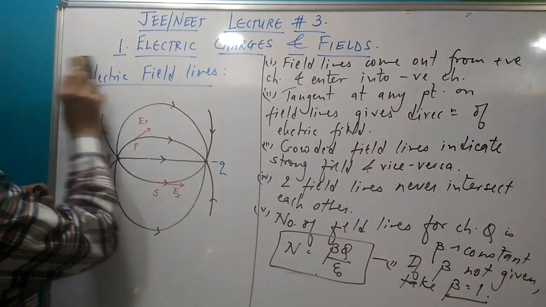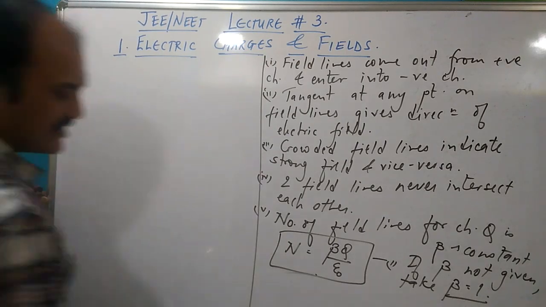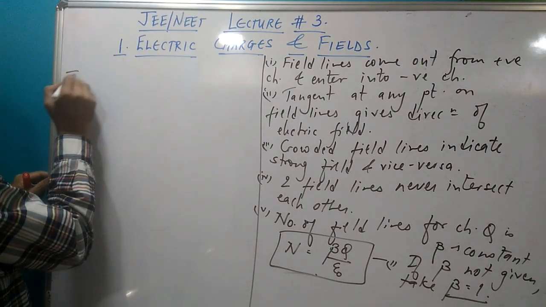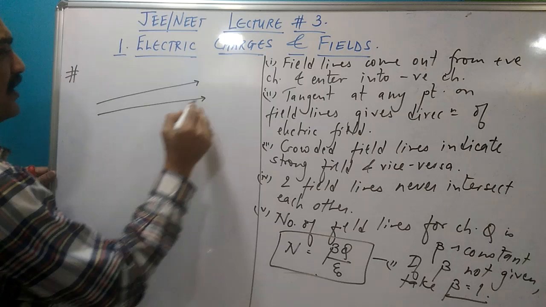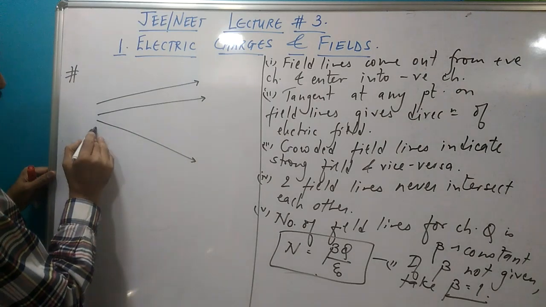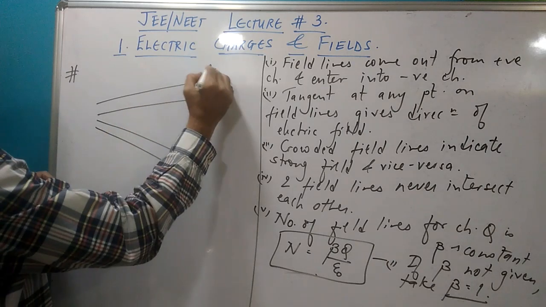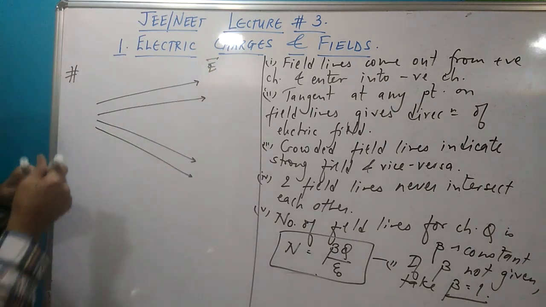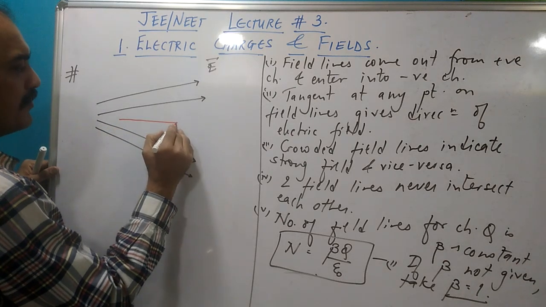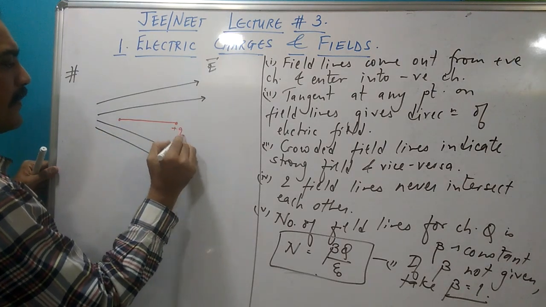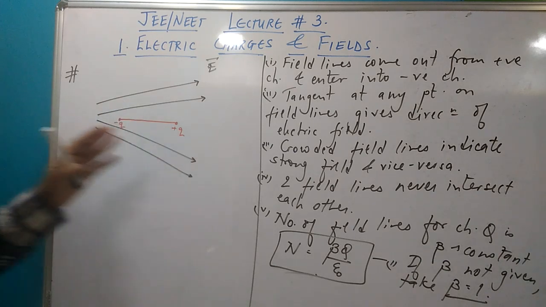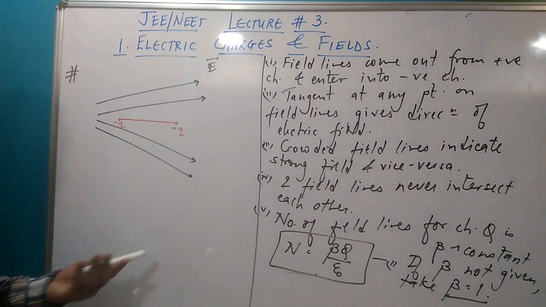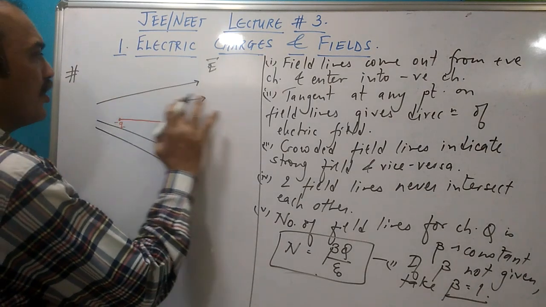Let's move on. Let me just show you a small illustration. This was asked somewhere in the past, that this was the idea of the electric field, and in this particular electric field they had kept a dipole. Now this is a dipole, and the question asked was, is this dipole going to remain stationary or is it going to move in any direction? Now you have to look at it this way. Let me draw a refined diagram.